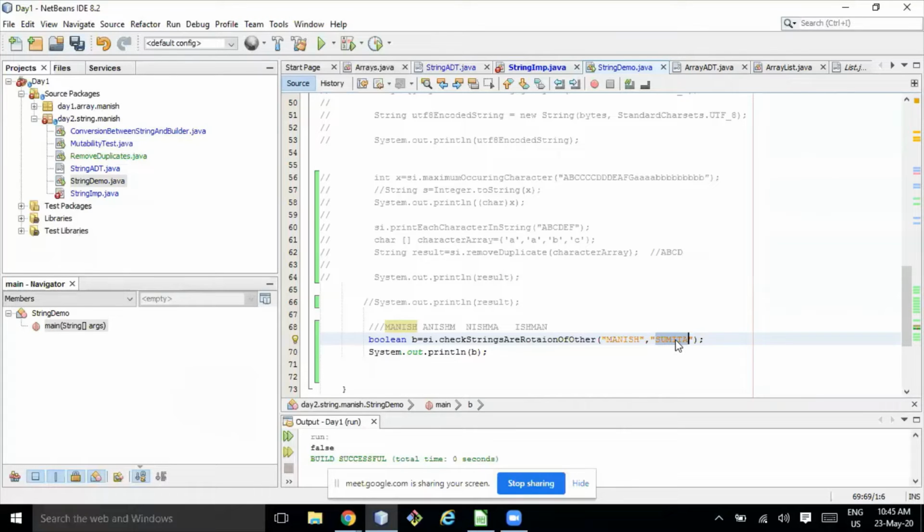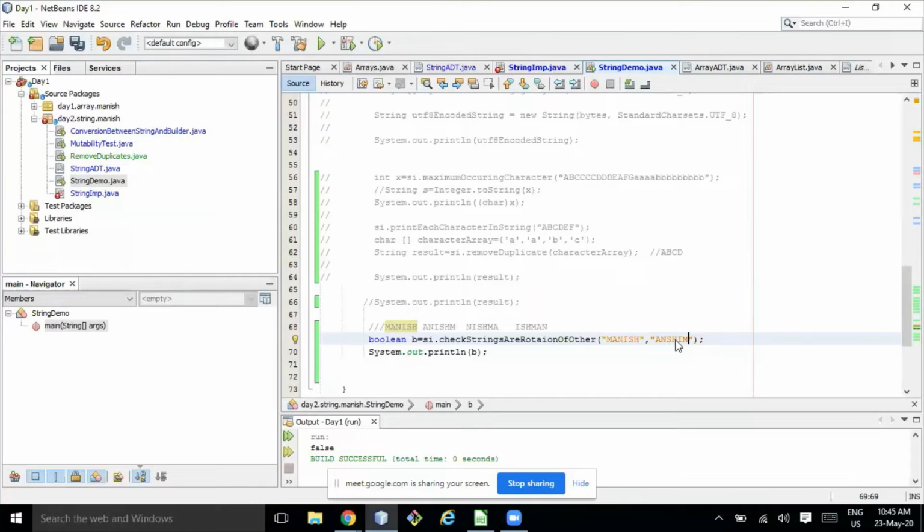Yeah, got your point. Suppose AINSHIM, something like this. This is a good catch actually. But both are not rotations, right?